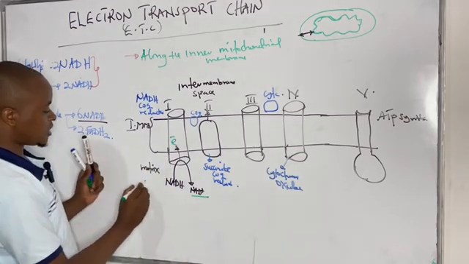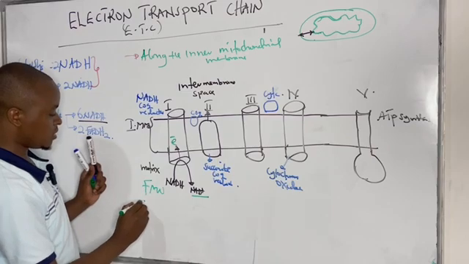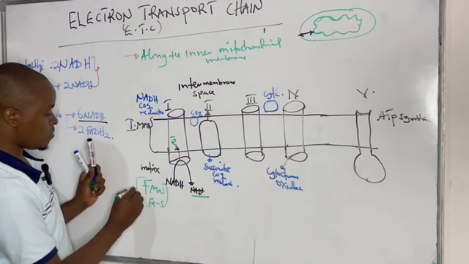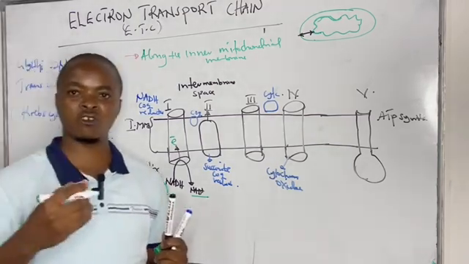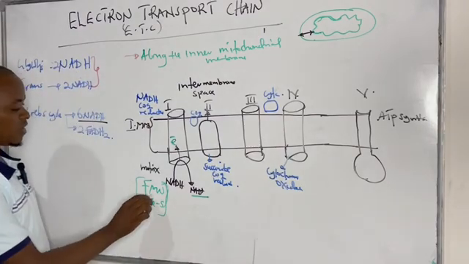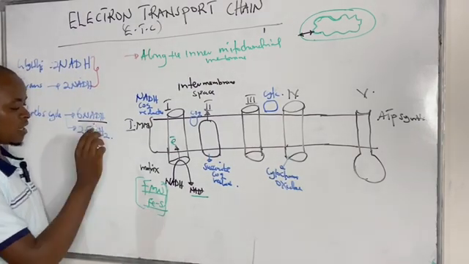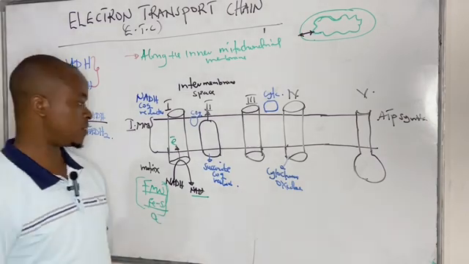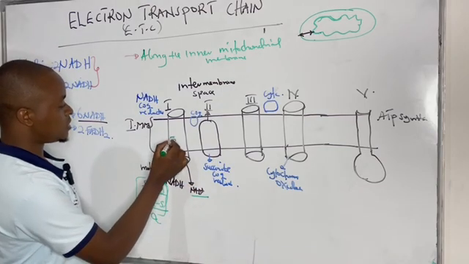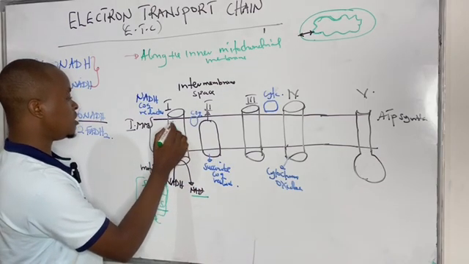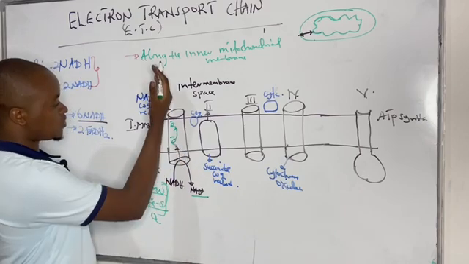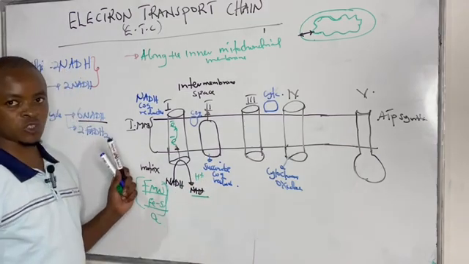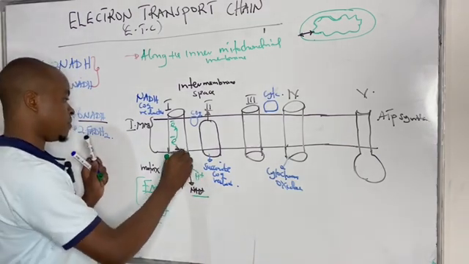One compound, for example, compounds like flavin mononucleotide and iron sulfur, are the two compounds that are acting as electron carriers. So we are going to see flavin mononucleotide, iron sulfur, and some cytochrome C and cytochrome A being electron carriers. When NADH donates its electrons, it undergoes oxidation and reduction, and this oxidation and reduction will cause some cleaved hydrogen ions in the mitochondrial space to be moved outside into